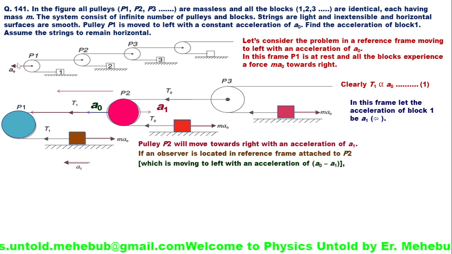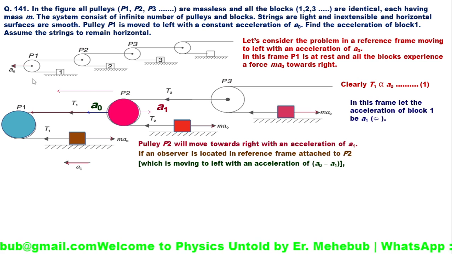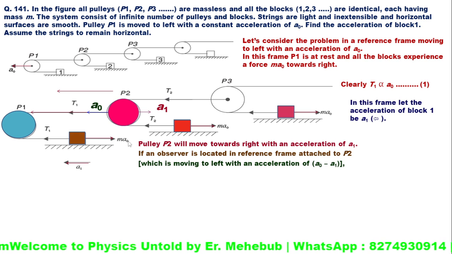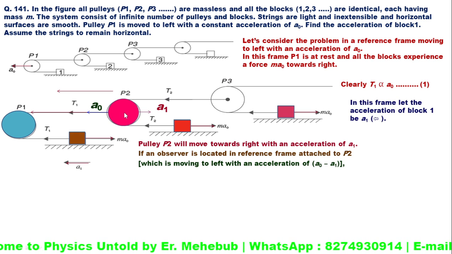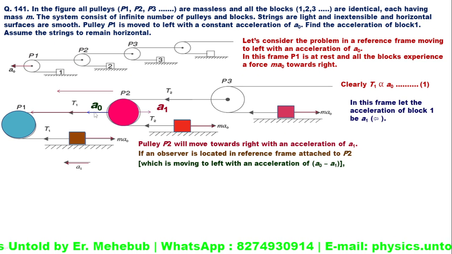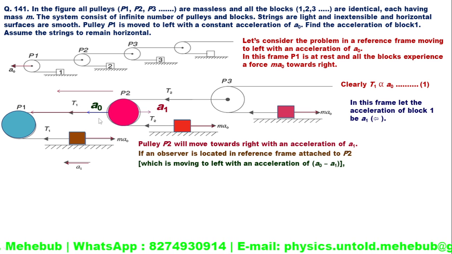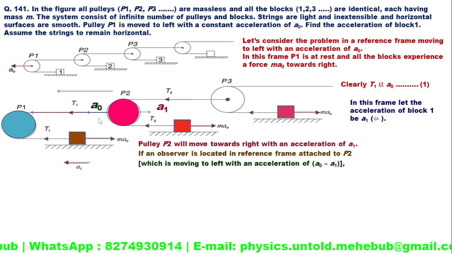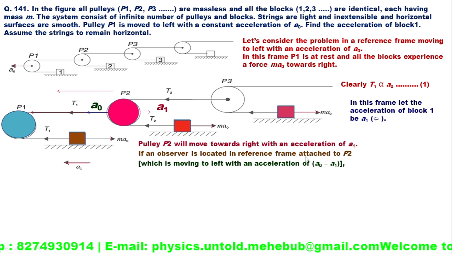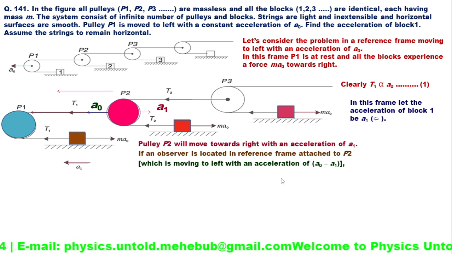Because in our question it is mentioned that our applied acceleration is towards the left direction, therefore the net acceleration of the pulley P2 will be in the leftward direction, but its magnitude will be the resultant of the accelerations a0 and a1. So if an observer is located in the frame attached to P2, which is moving to the left with an acceleration of a0 minus a1,